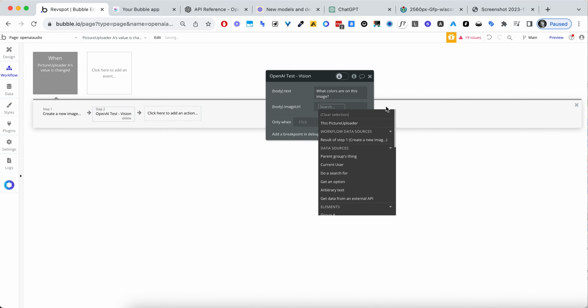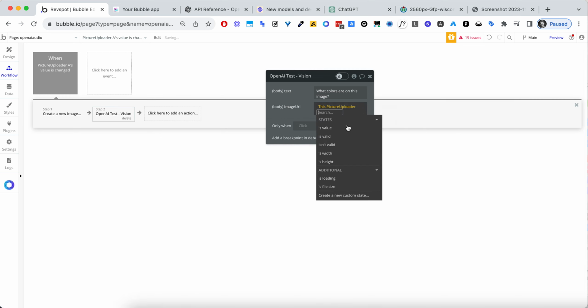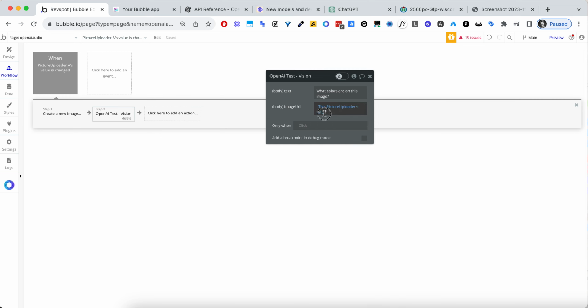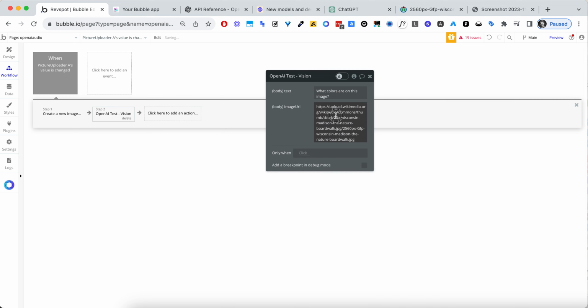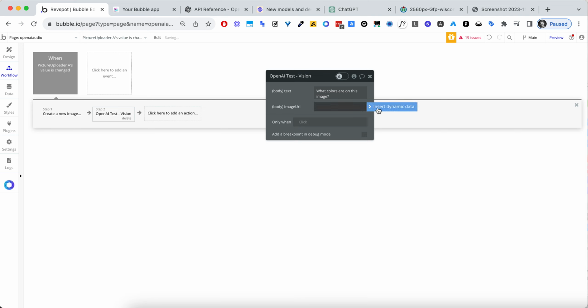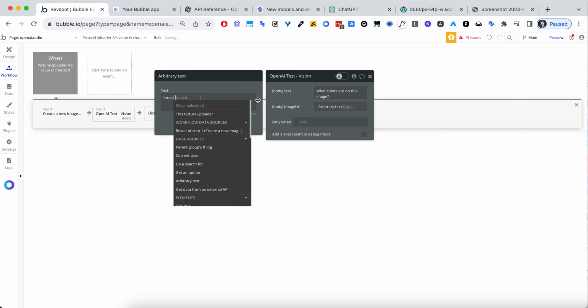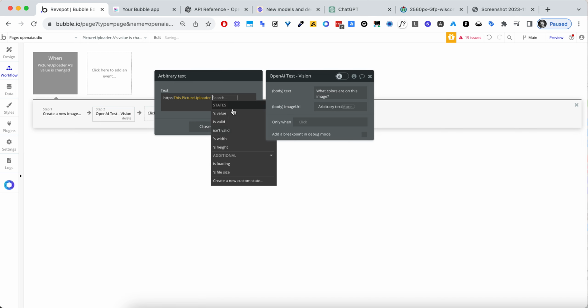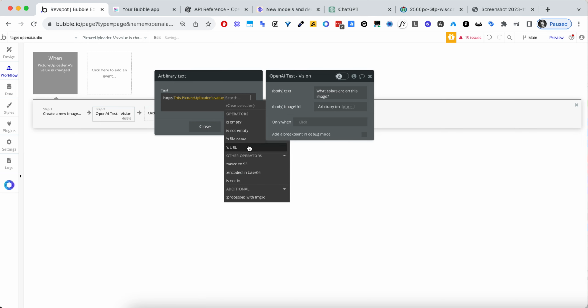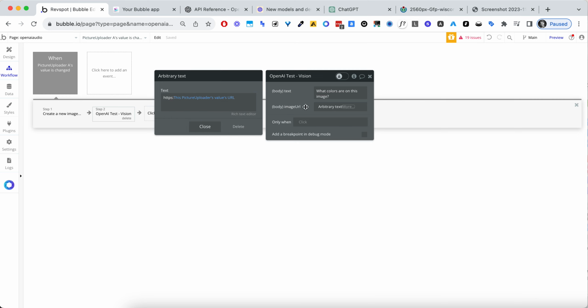And then now we have, well, I can actually take this picture's values URL, but as you know, I also have to add the HTTPS. So the easiest way for me to do that is just like this. So I didn't actually have to add this to the database, but I think it's much better if we're building more things than this. So this picture's URL,